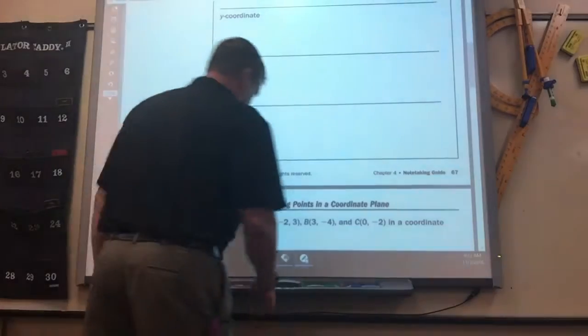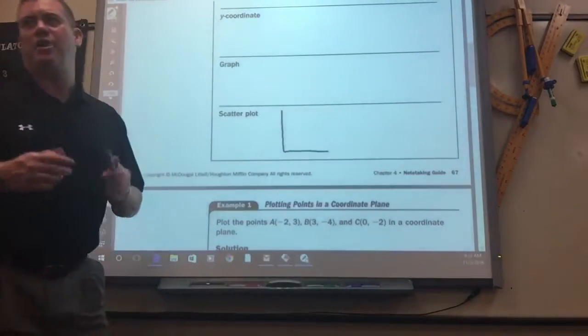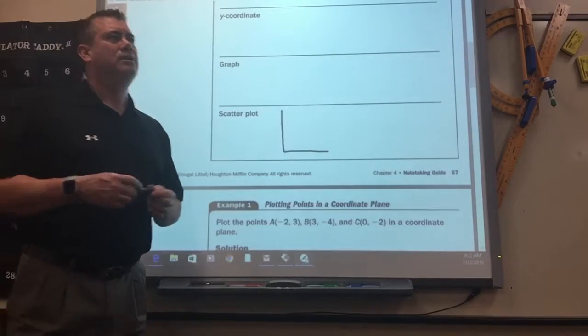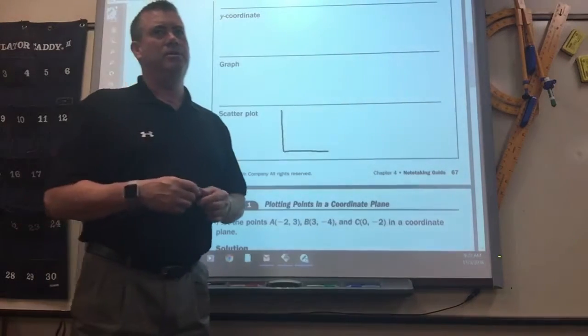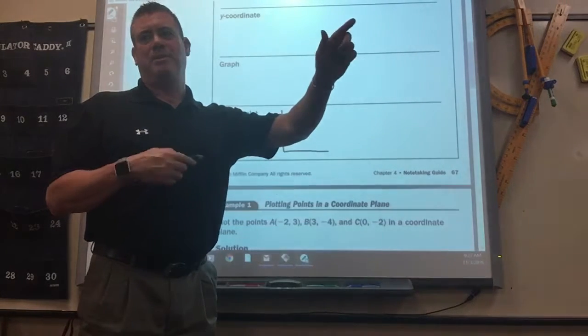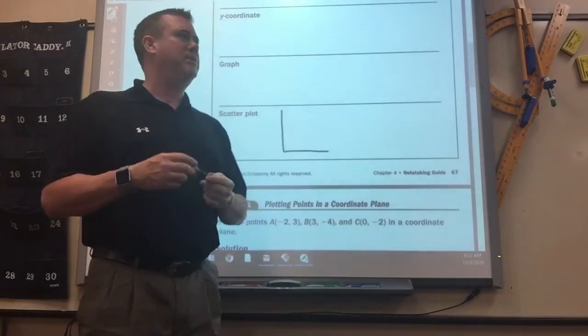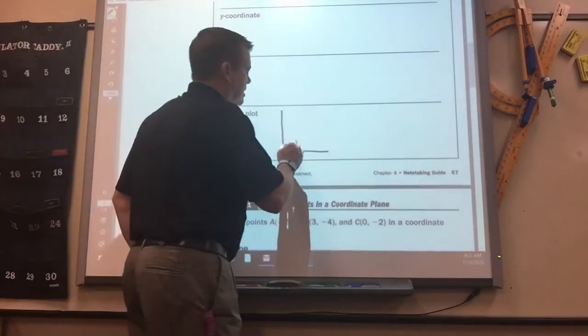Scatter plot. Oh, I love those. For now, we're just going to graph scatter plots. Eventually, we're going to use scatter plots to predict things when we use y equals mx plus b. If you remember a little bit of that from last year in 8th grade. So a scatter plot,